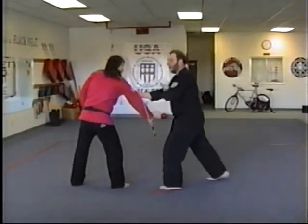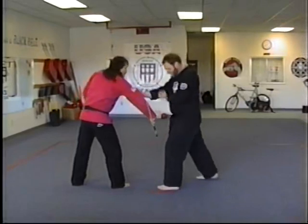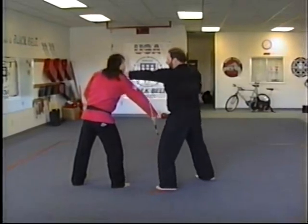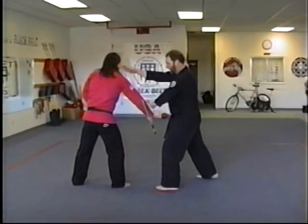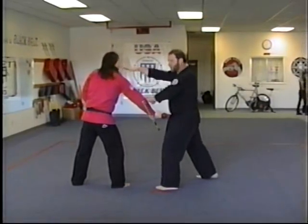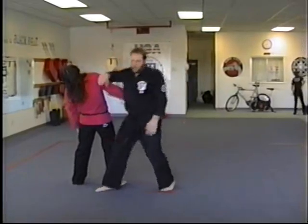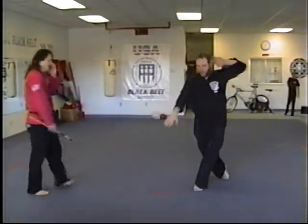1, 2. Now at this point, we use the forward bow to chop. Now we don't go ahead and step. What we do is we chop again, then we keep it at bay. We finger poke to the eye, then we chop and palm heel strike. So it looks like this in the form. 1,